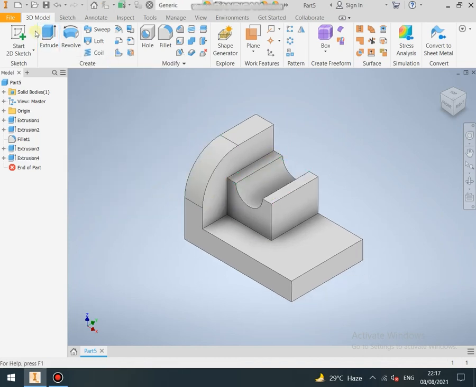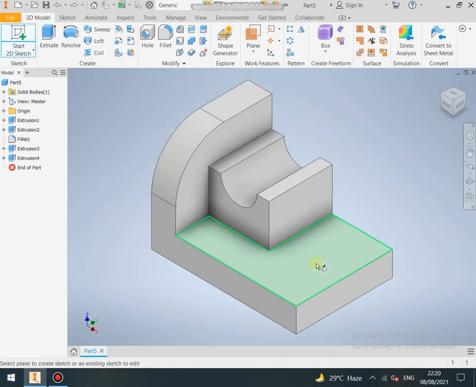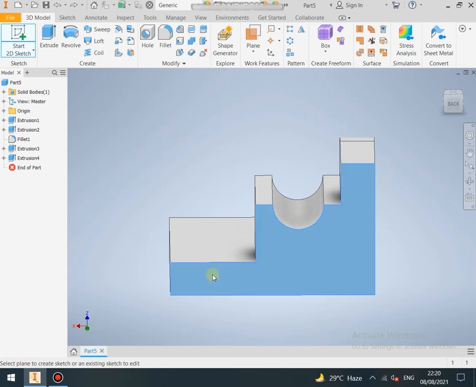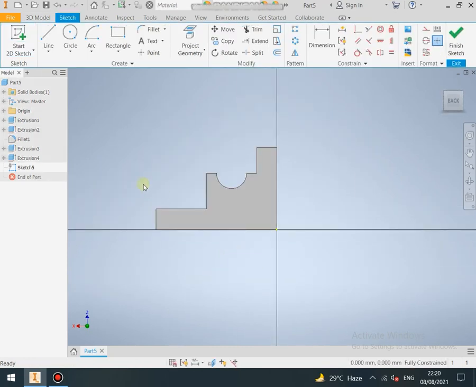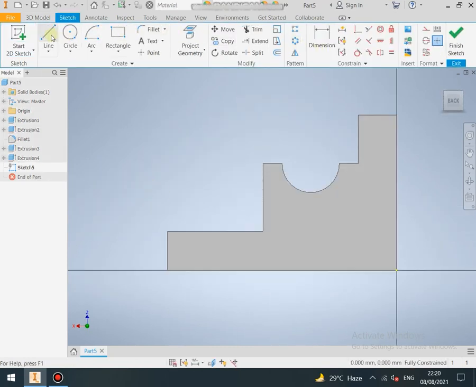You can see now another sketch I am going to draw for you. To select the surface where we want to make the sketch, turn around using the turning option by pressing the shift key, and then also the control key.